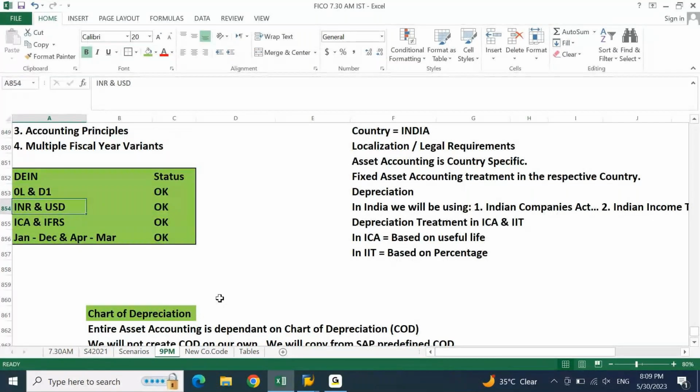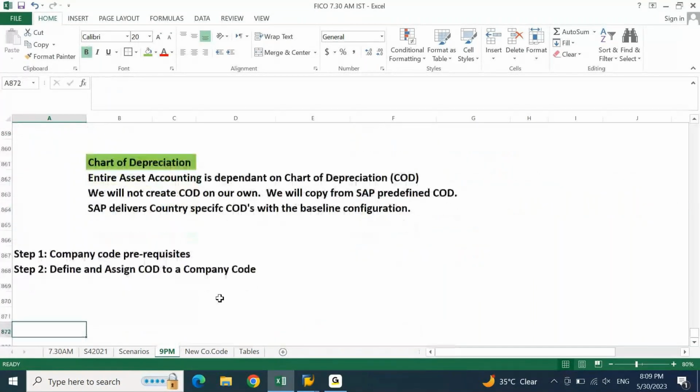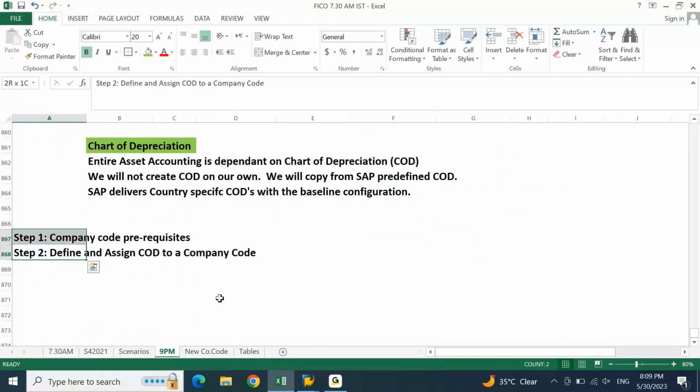Now, we will not be doing these things directly. I will be showing you things with different errors, why we are getting the error and how we need to resolve, what we need to do to rectify these errors. Because when somebody is asking you these points in your interview, they are more focused on these kind of areas. Because if you are good at this, anybody will tell you are good at asset accounting. If you are ignoring these 2 points, whatever you talk in the asset accounting is not going to make much difference, is not going to add much value to your explanation.